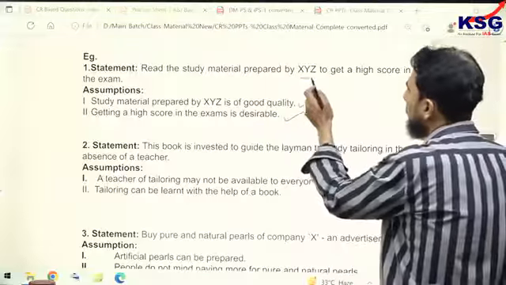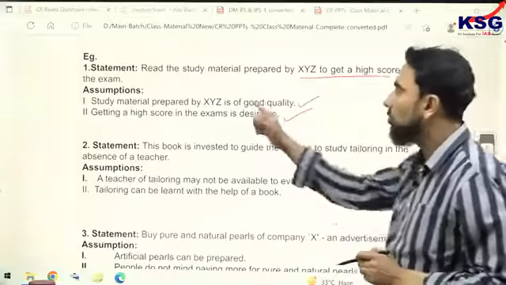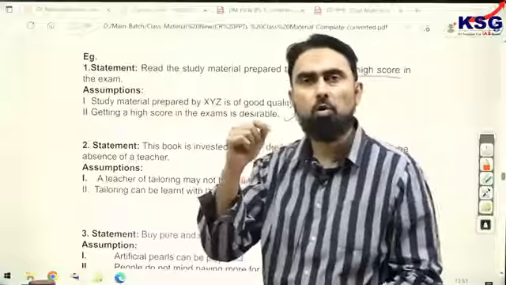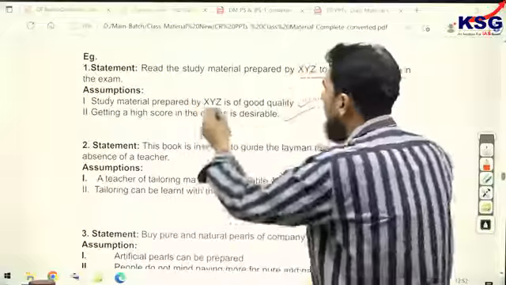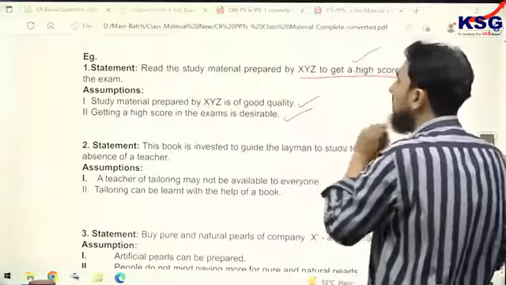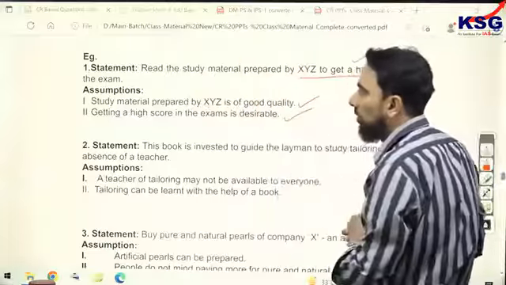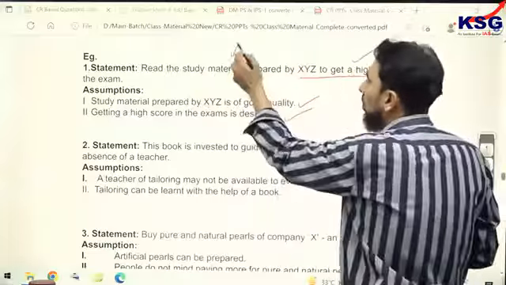That is the reason it is mentioned to get high score in the exam. Please don't involve yourself. I mean, don't make an inference here. The author, what he believes in. So somebody who has said, ki read this material to get high score in the exam, it means he believes that it is of good quality. According to author, you have to choose. So author's